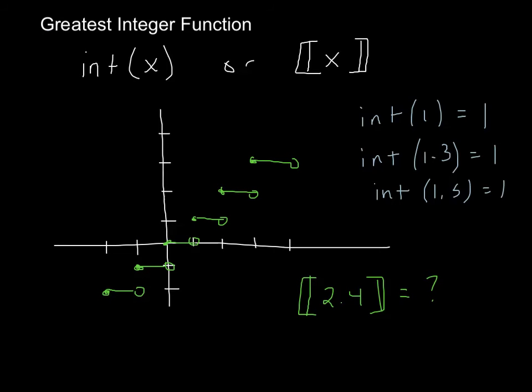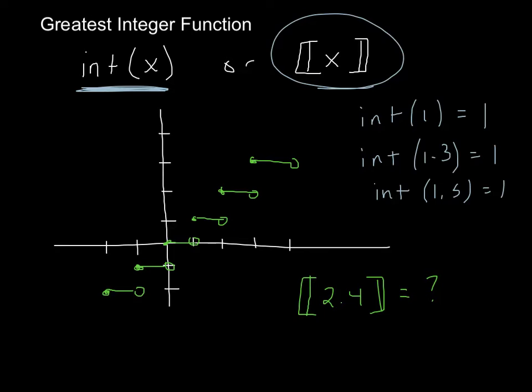Okay? One of the most common piecewise functions we see is called the greatest integer function. It can be represented in two different ways with the notation. We can use int with the x in parentheses, or we can use these double-walled square brackets. That also represents the greatest integer of x. The greatest integer function is also sometimes called the step function because when you graph it, it looks